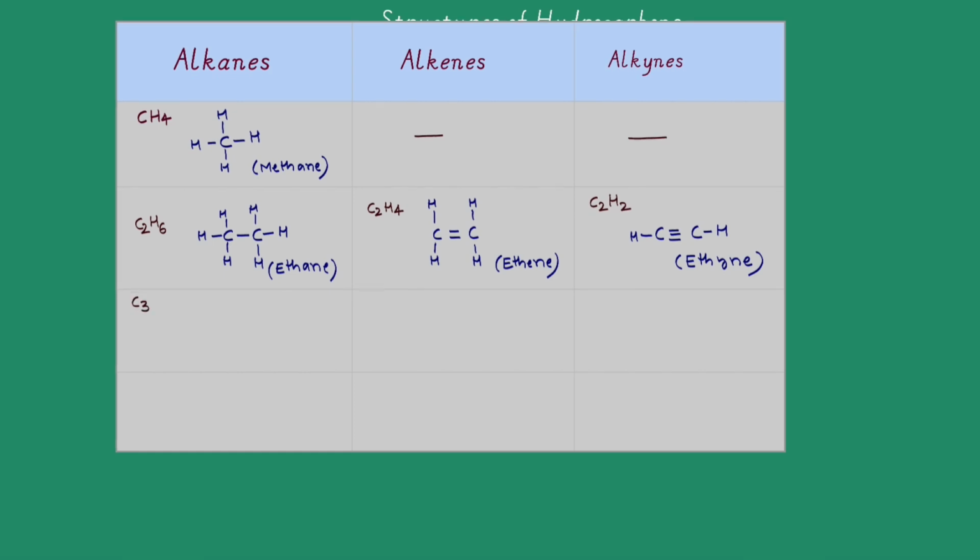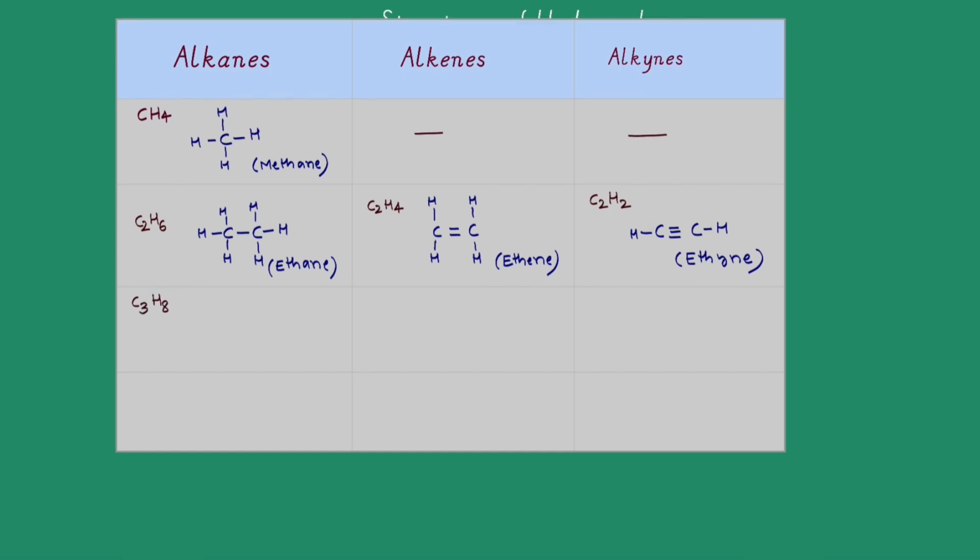C3, how many hydrogens should be there? Double, 6 plus 2, 8. So C3H8. What is it? Propane. The propane formula is C3H8. Now for the propane structure, because there are three carbons, we have to draw three carbons and there should be